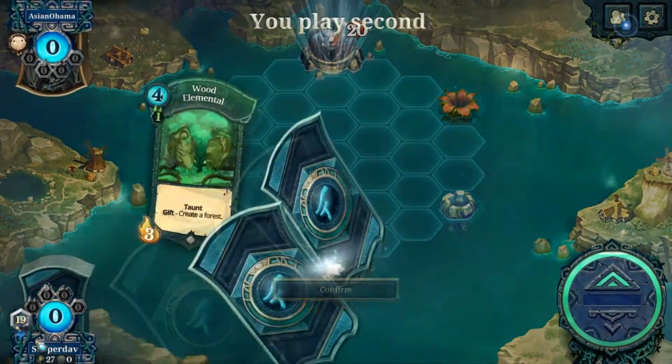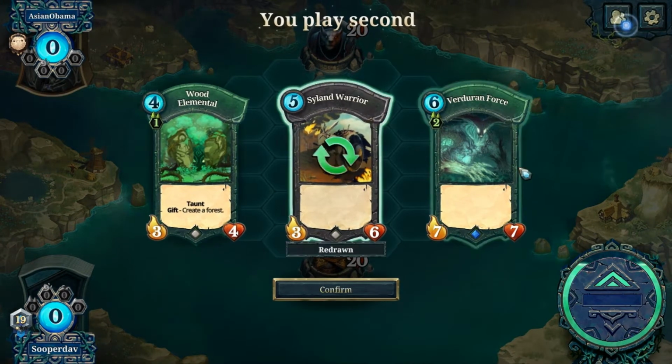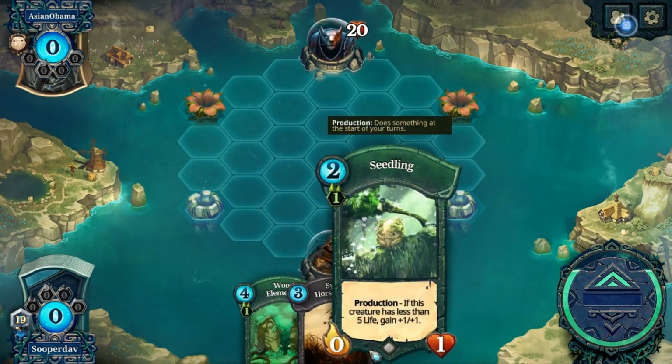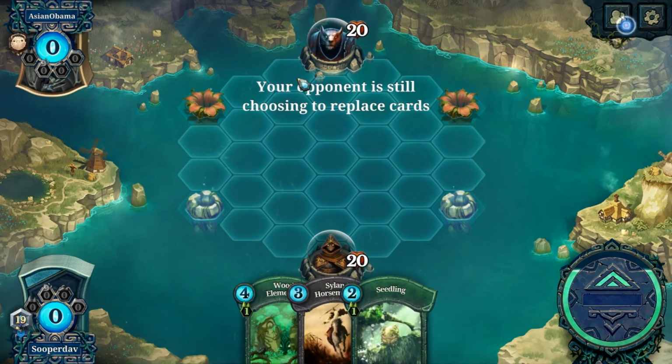Big swig of water there as we kick off. Wood Elemental, definitely anything that creates forest, I'm definitely going to keep in my hand. We'll get rid of these two in the hope of something a little bit cheaper. That's very good. That's a very good starting hand, actually. If we can get the